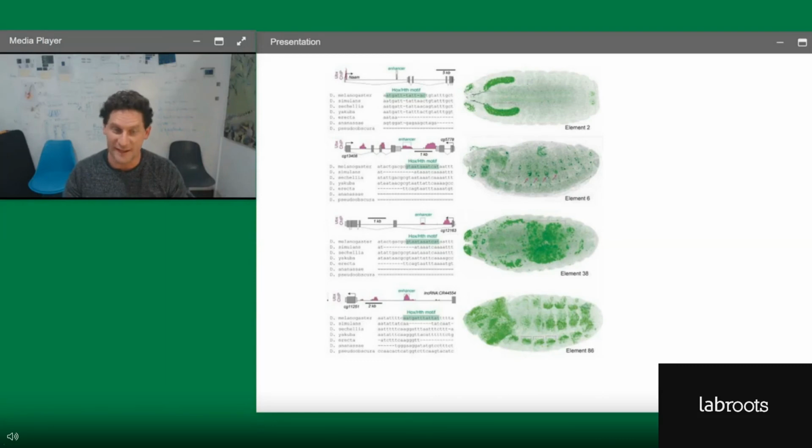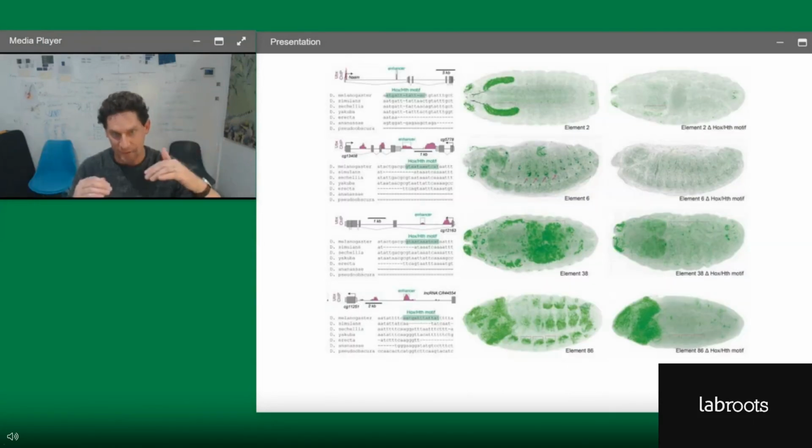And what was quite striking is we tested these, they all drove expression. Furthermore, we think that these could be material for evolution, because if we mutate these binding sites that arose de novo, these pioneer sites, we see that you actually collapse expression in some of these key tissue types, right? So again, we think that what is happening is that clearly these new sites have this potential